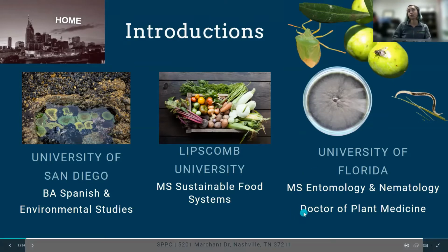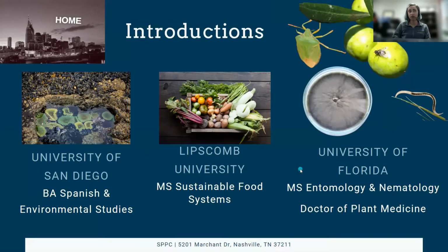And while I was doing my doctoral degree, I was also doing a research master's in entomology and nematology, looking at a novel tree crop in Florida, olives. Most of the time we think of Florida, we think of citrus, but there is a very serious insect pest of citrus called the Asian citrus psyllid that transmits a very serious pathogen of citrus greening. So a lot of citrus growers were abandoning their fields, not able to manage the pest pressure and the disease pressure from this insect and pathogen. So I was working with some growers on olives to see if they could replace some of the citrus groves.